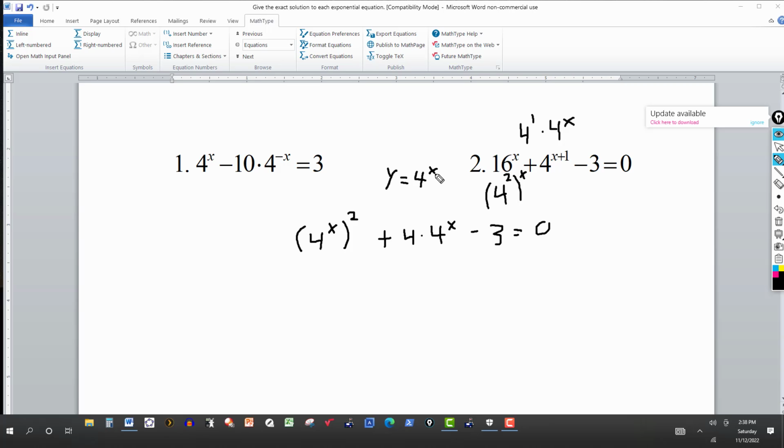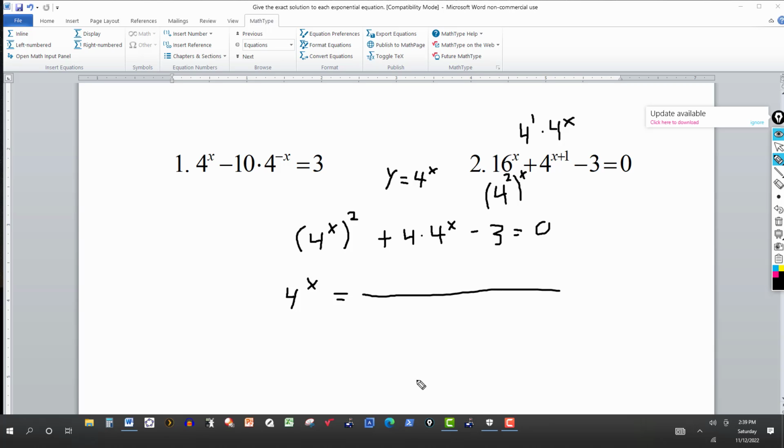Because remember, I'm looking for x. That's why I just leave it this way and say, okay, it doesn't factor, so I'm going to use the quadratic formula. In this case, the variable is 4 to the x. So first I have to solve for 4 to the x using the quadratic formula. So 4 to the x is going to equal